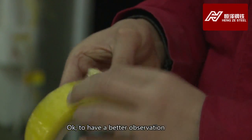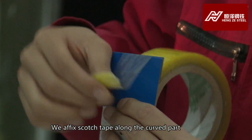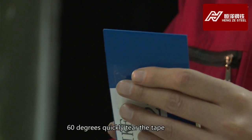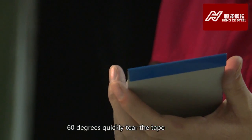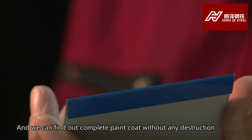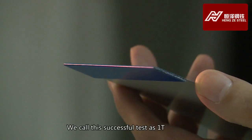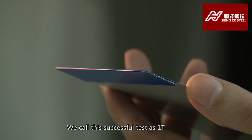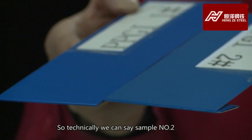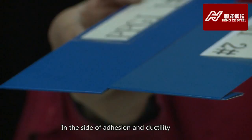To have a better observation, we affix Scotch tape along the curved part. Smooth the tape and then quickly tear the tape off at a 60 degree direction. Let us take a look if there is any peeling, and we can see the paint coat is complete without any destruction. We call this successful test 1T. So, technically, we can say sample number 2 can reach the requirement of 1T in terms of adhesion and